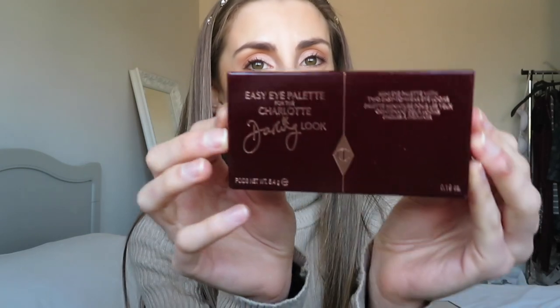Anyway, let's move on to the next present. Another one of my favourite brands for my birthday. Yay! I got the Charlotte Tilbury. I'm going to have to read this because it's long. Easy Eye Palette for the Charlotte Darling look. Okay, and